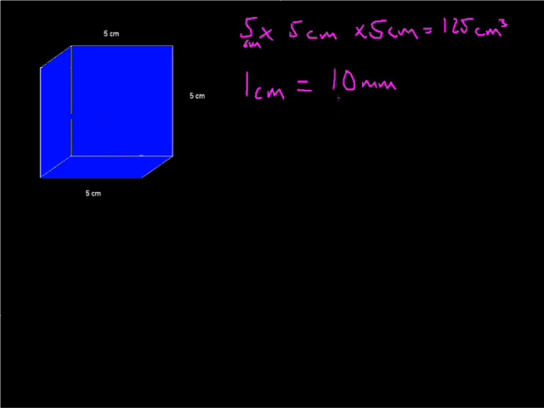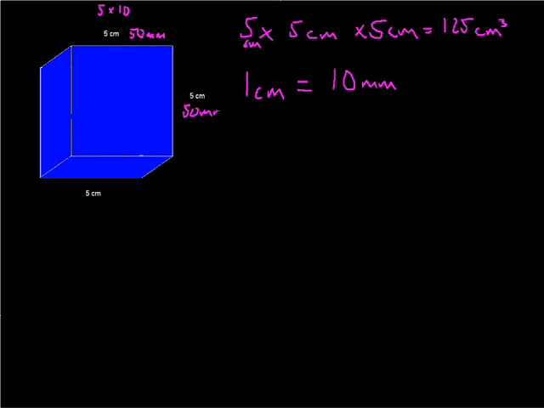If we use a little cube here, like we did with the red square, we can see how it all works. So we know 1 centimeter is 10 millimeters. So what's 5 centimeters? That's just 5 times a conversion factor of 10 millimeters, 50 millimeters. And the same for all the sides, so 50 millimeters,